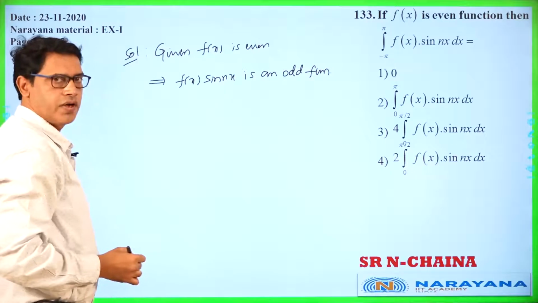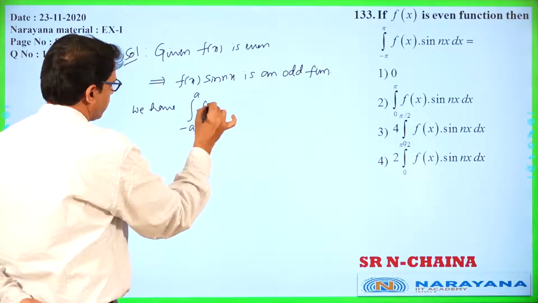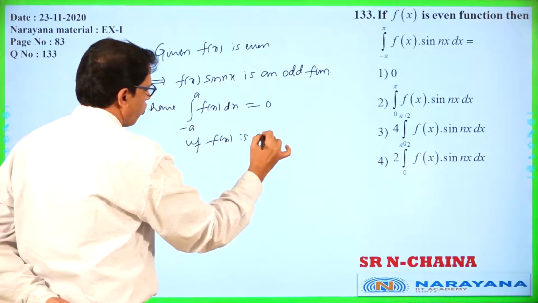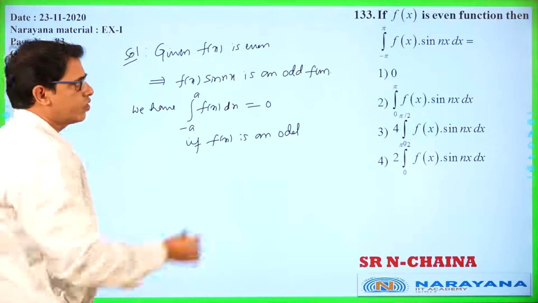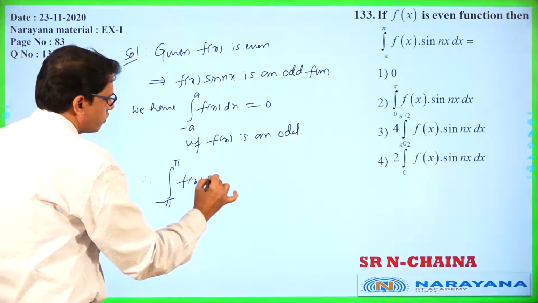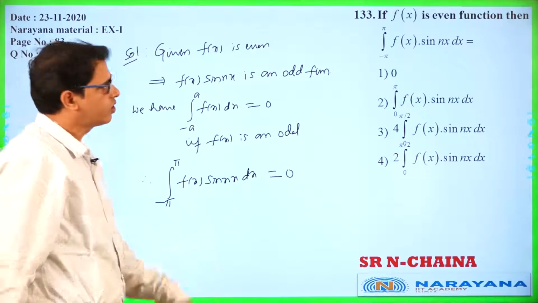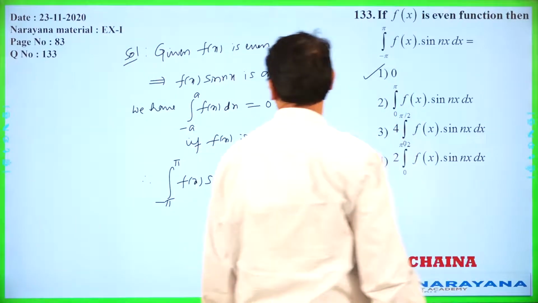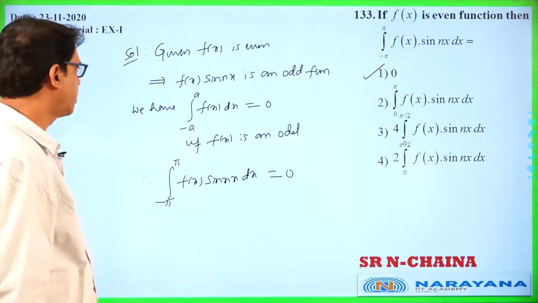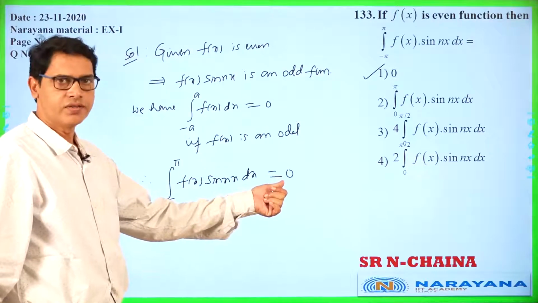If the function is odd, we have the formula: the integral from minus a to a of f of x dx equals 0, if f of x is an odd function. So therefore here, the integral from minus pi to pi of f of x into sin nx dx will be 0, since this function is an odd function. That means the first option, okay? So option 1, right, because this function is an odd function. If the function is odd, the result will be 0. Next one,